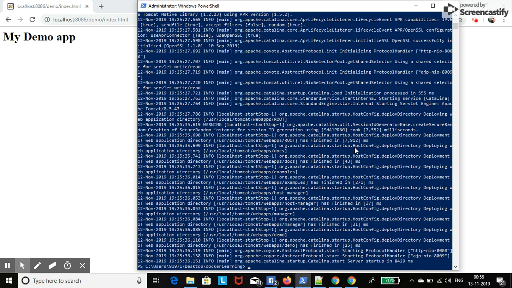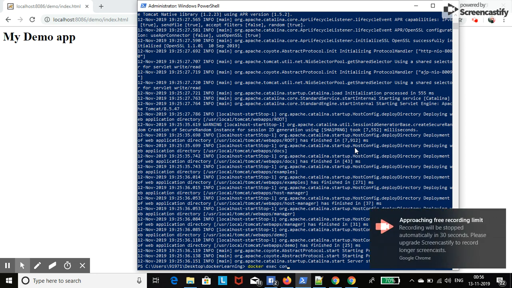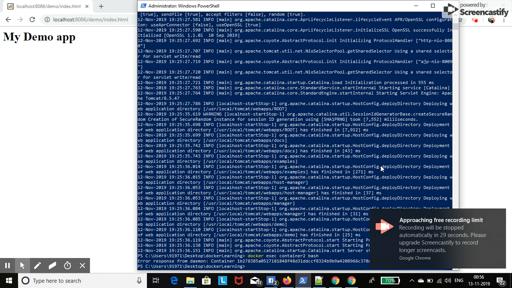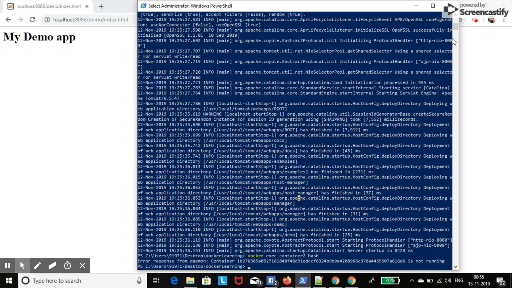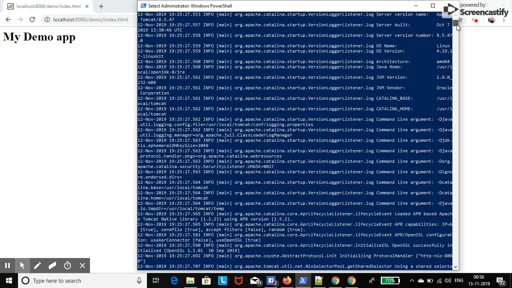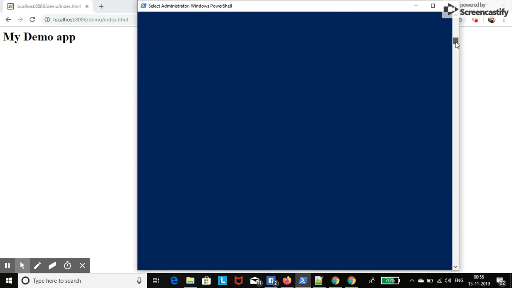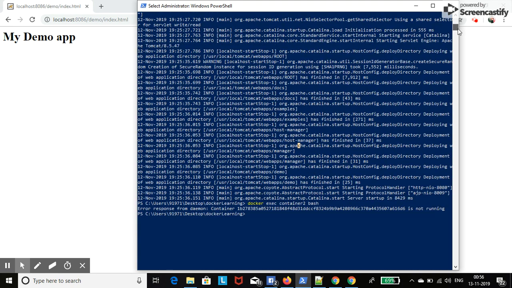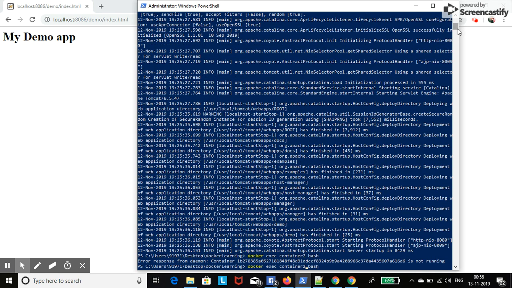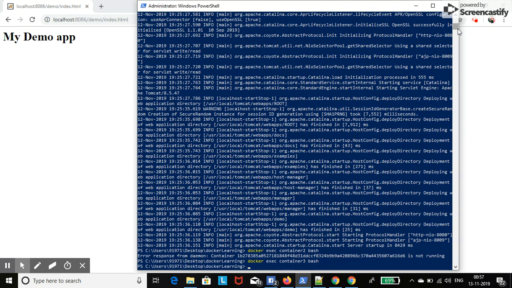To do that, we need to use this docker exec command, and here we just need to name the container and give it a command. My container name here is container3. Okay, so now as you can see, I am inside this container. Make it interactive to see